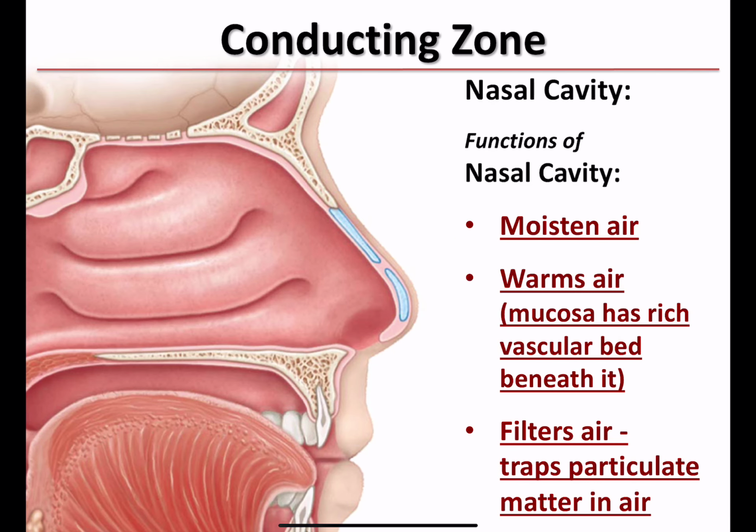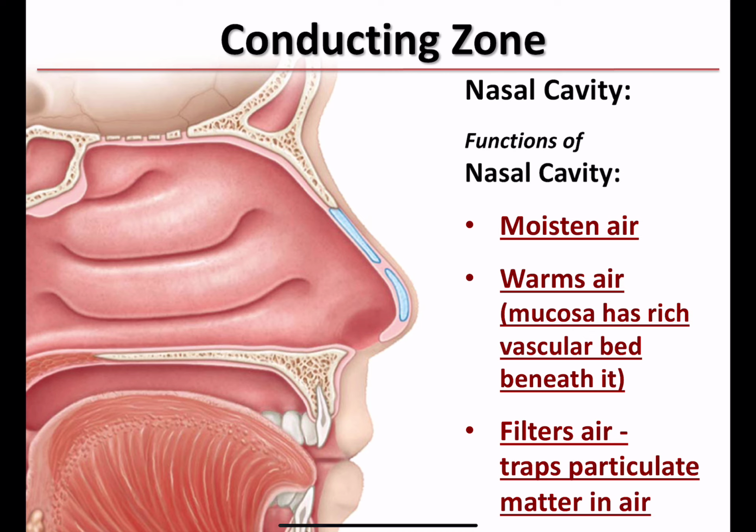So let's go over some of the functions of the nasal cavity. Because of all this mucus that we're secreting onto the mucosa, the water in the mucus gets evaporated into the air as it passes through the nasal cavity, and as a result, we're able to moisten the air. Now, because the connective tissue basement membrane underlying the mucosa is so rich in blood vessels, as that air passes across this tissue, the air is warmed by the heat wafting away